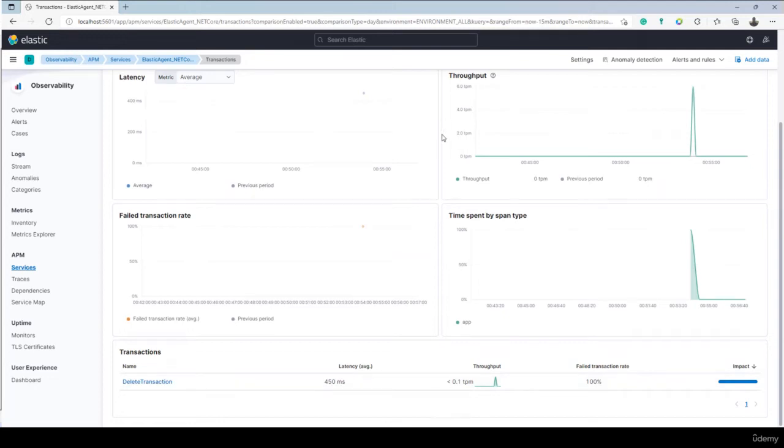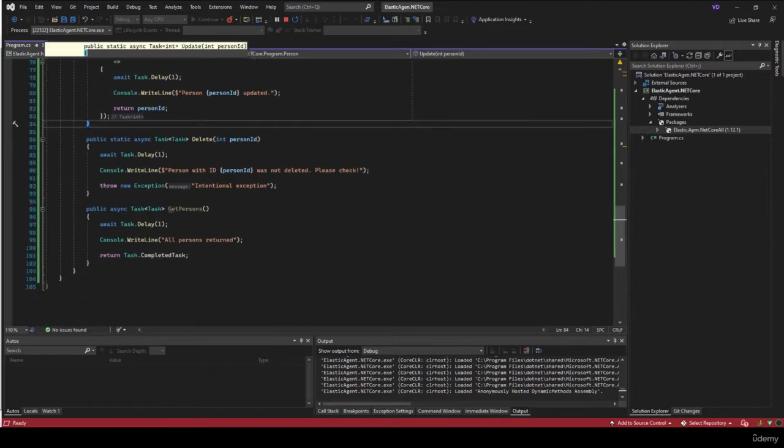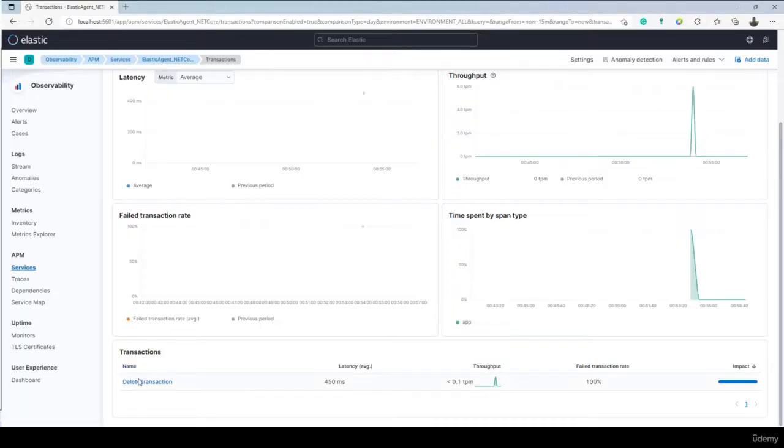Start transaction, capture transaction, and so on and so on. In my case, we have only one delete transaction. You see, if you go back right here, we have only one delete exception, and it is being recorded because of the exception. So now imagine this functionality, this method throws an exception, it shows up right here, and then you can see